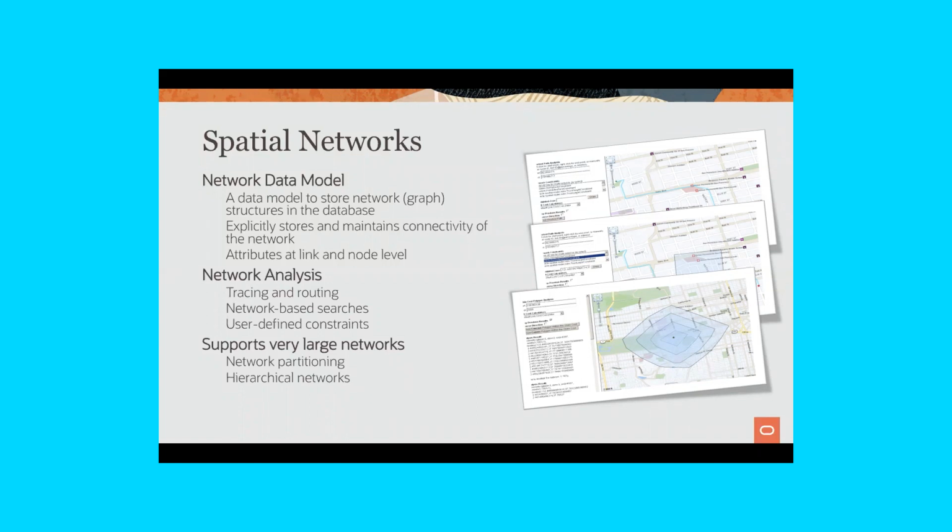In that case, the distance is not calculated as the crow flies, but is calculated on the road network. So if you have your road network stored in the database, then you can do this type of analysis that uses the actual network distance, the distance as you walk or as you drive, and then create polygons for it